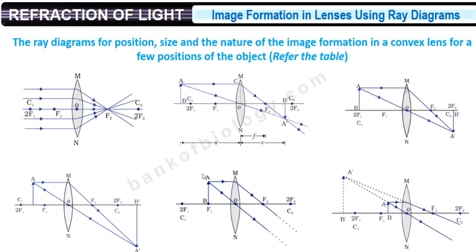If it is kept at F1, one ray hits the lens and gets converged like this and the other one goes straight. So the image will be formed somewhere at infinity and it will be extremely enlarged. Now if the object is kept between F1 and O, one ray of light goes like this, the other one gets converged and passes through F2. When you extend both the rays backwards, a very enlarged image is formed, and it is virtual and formed behind the object. So for this session, let us stop here.